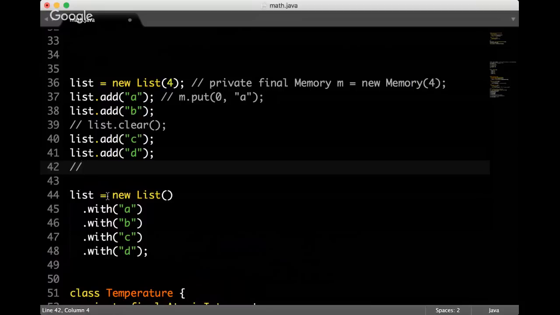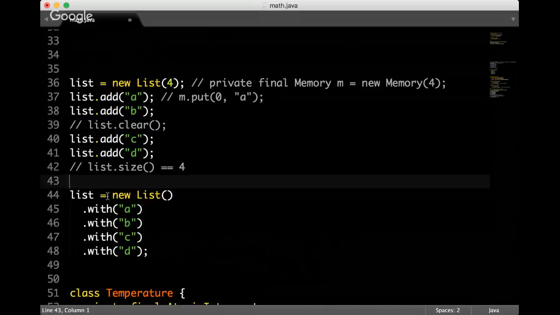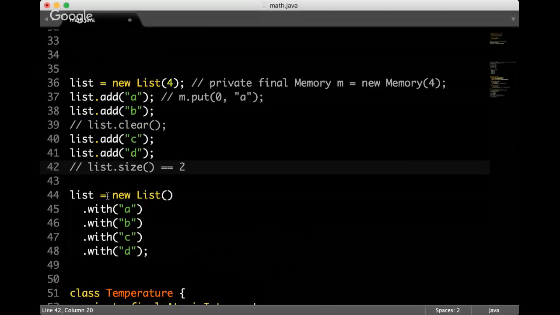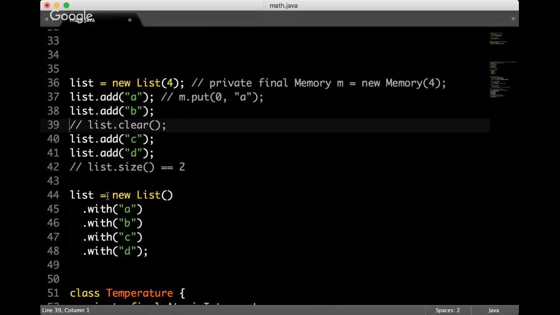I'm expecting that the list size is 4, but because another thread did this, my list size will be 2. That's kind of weird, right? That will be difficult for me to work with this list. I need to find a way to protect it, to deal with multi-threading and everything.